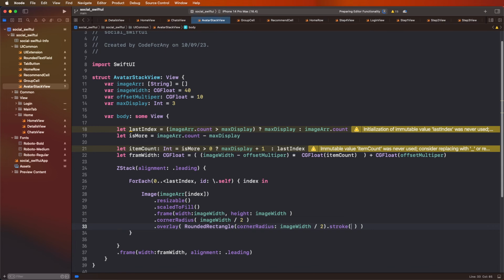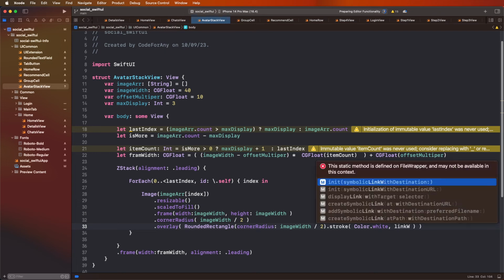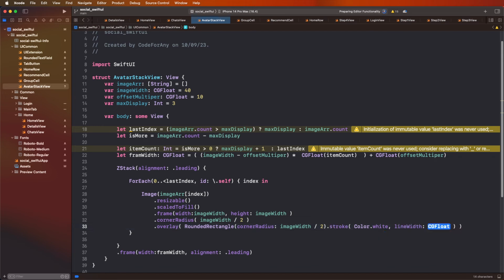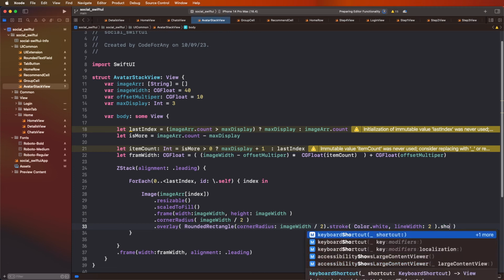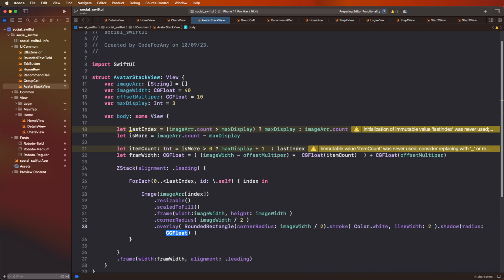Need to give here color, and after need to set here width, and to give this here the, and then afterwards need to set this here the shadow to add in the towards need to